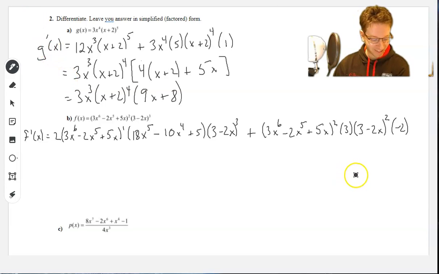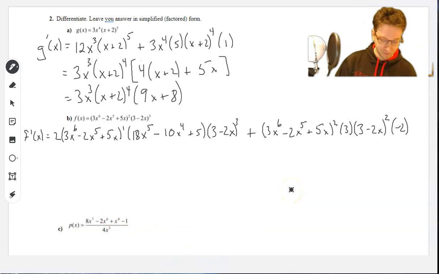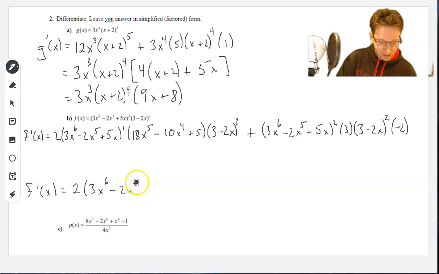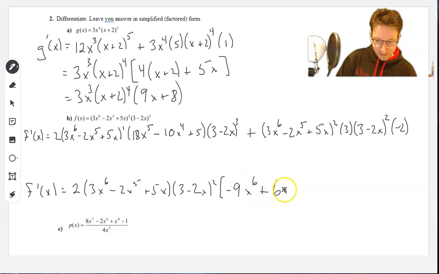So I'm going to let you factor that on your own then, and we're going to move on to the next one. However, if you like, I can write down what you should factor it out to. It's 2 times (3x^6 minus 2x^5 plus 5x), all times (3 minus 2x) squared, times (minus 9x^6 plus 6x^5 minus 36x^3 plus